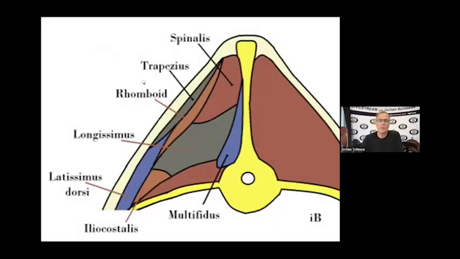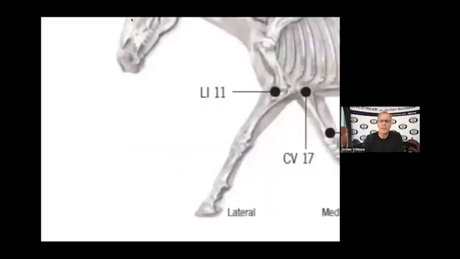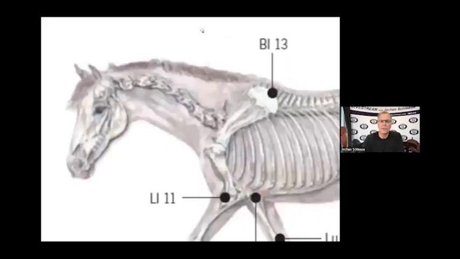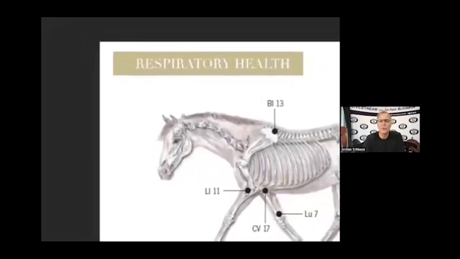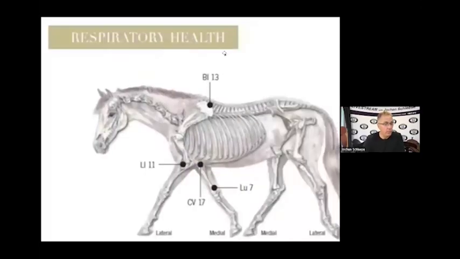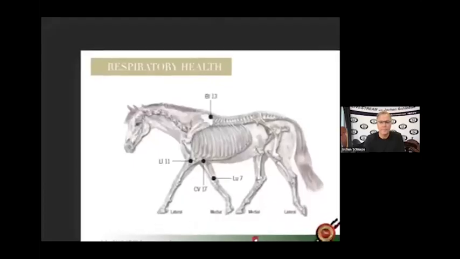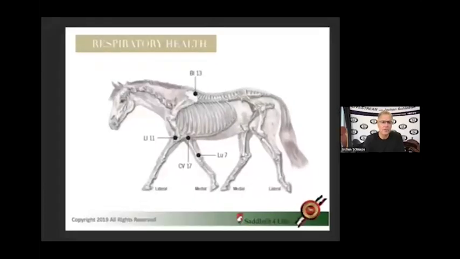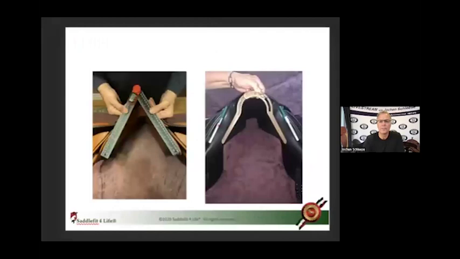But then the saddle will catch right at the edge of the splenialis, trapezius, and rhomboideus, very important muscles, and you will have these dry spots here, and you see a lot of pressure. The saddle will go forward, and it will hit the bladder meridian point BL13. Okay, so you definitely don't want a saddle that is too wide in the tree angle. The tree width is okay. Very difficult subject because often that gets mistaken.